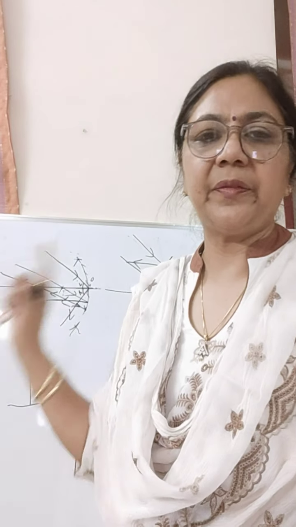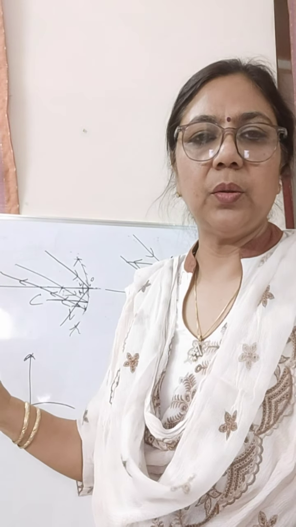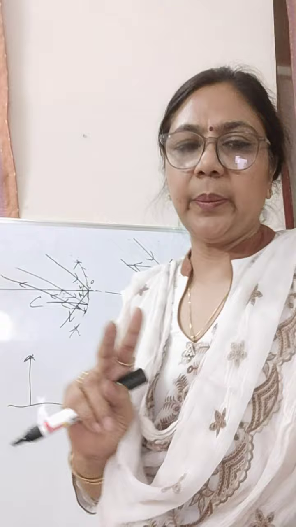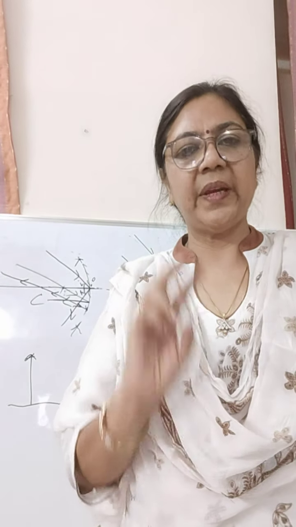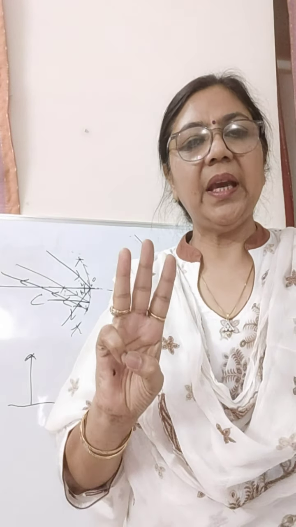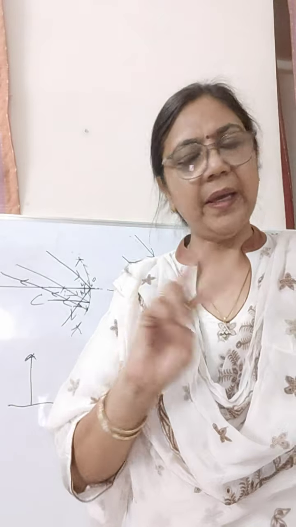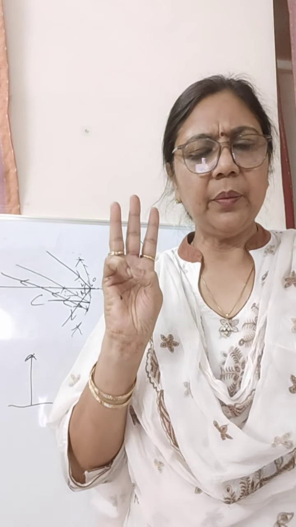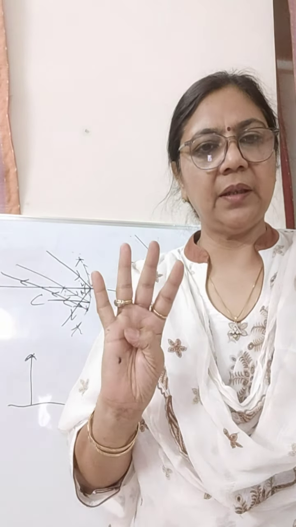When I draw the figures, it will be more clear to you what I'm saying. But remember this thing: out of the 4 rules we are taking, we have to avoid the 4th rule, and out of the other 3 rules we have to take any 2. Any 2 out of these 3.